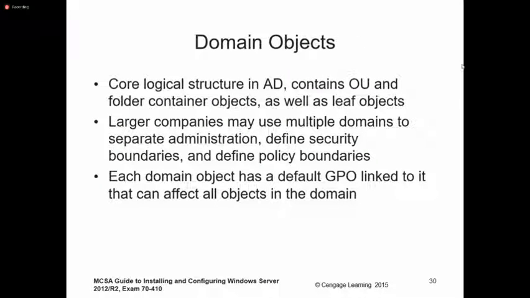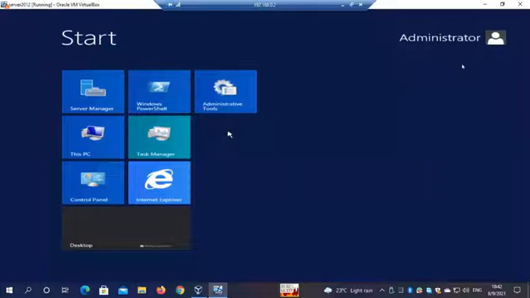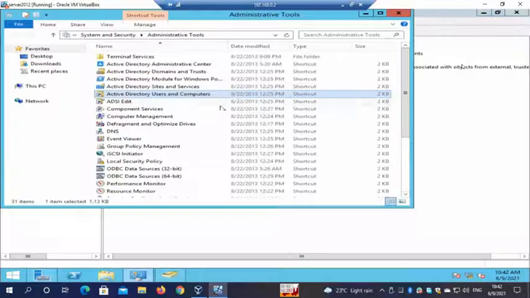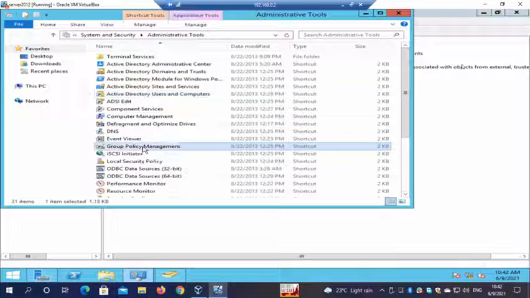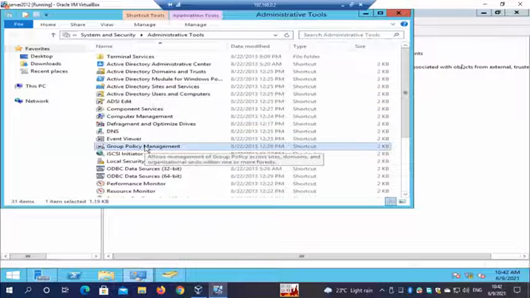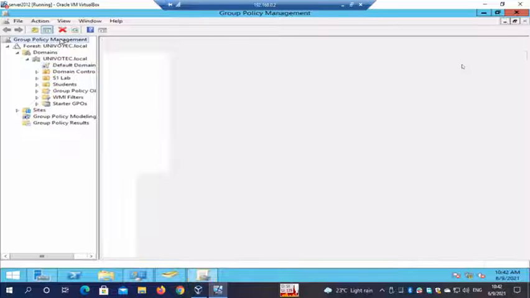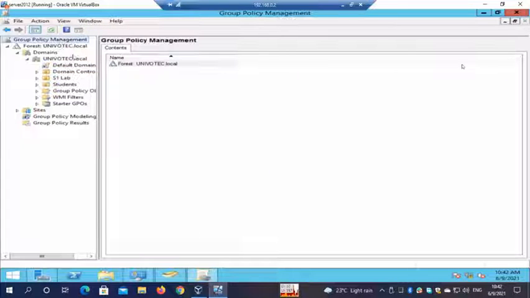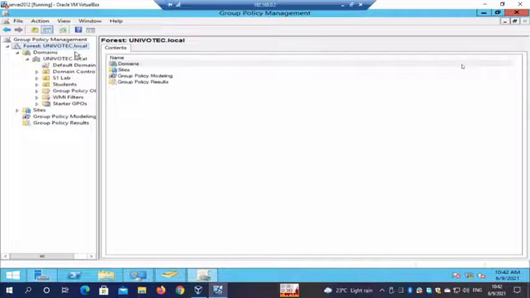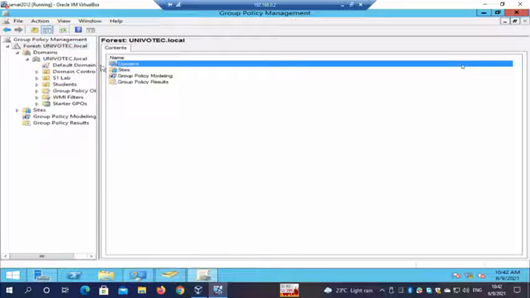Yeah, so let me show you that again. It's in the group policy management. Now can you see in this group policy, first what you see is the forest, right? You can see the forest and the domain have the same name.